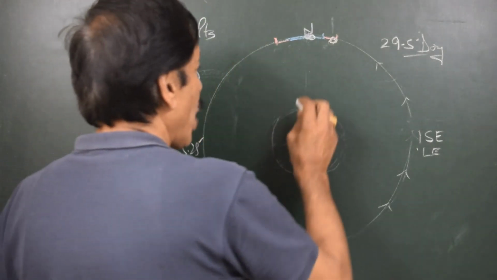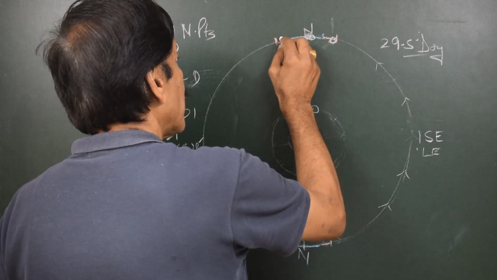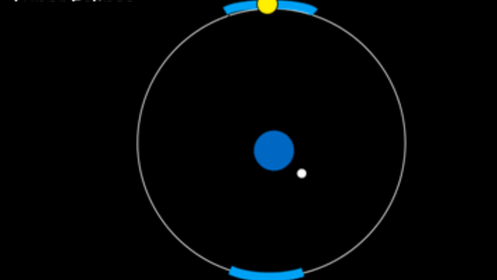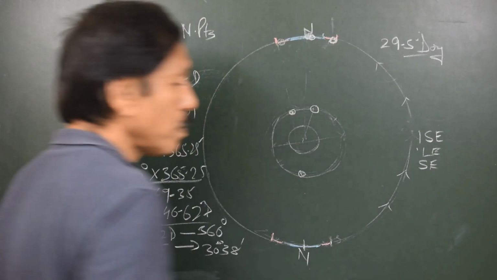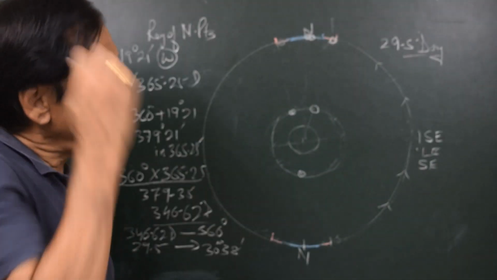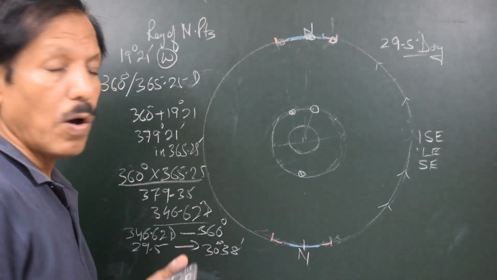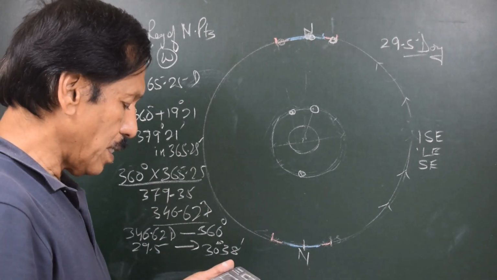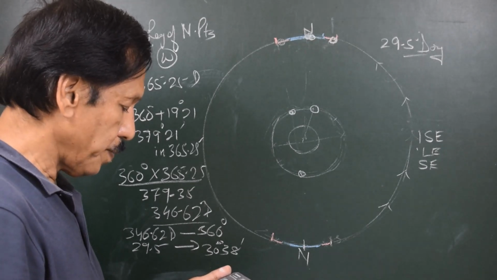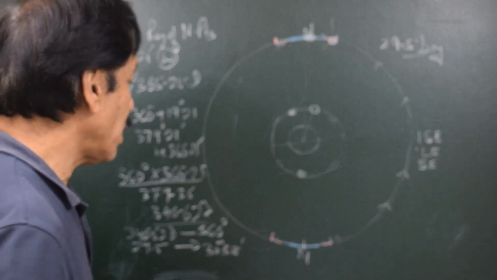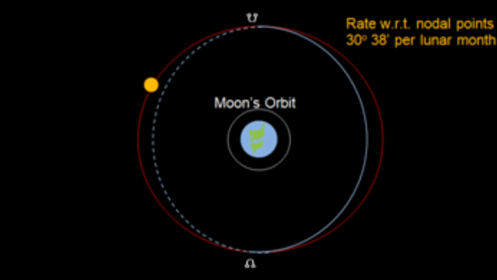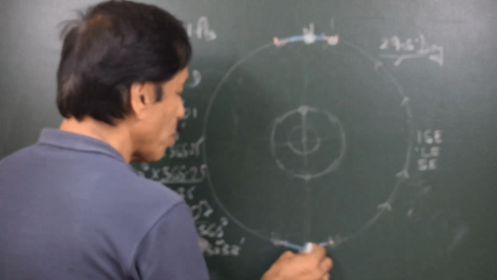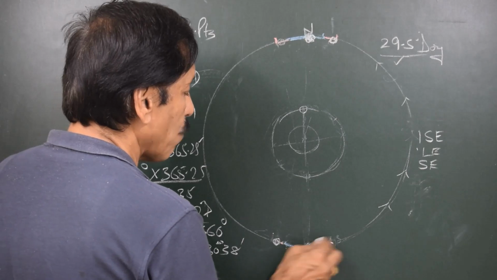Then once again it so happens that the sun travels and is still inside the solar limit, and we have once again the moon coming between the earth and the sun. We have another solar eclipse. Now we know that in one lunar month the separation of the sun from the nodal point is 30 degrees 38 minutes. So 30 degrees 38 minutes multiplied by 6 lunar months gives me 183.8 degrees, just a little over 180 degrees. So after 6 lunar months, the sun would come from here to here, which means that 15 days before probably the sun was here and 15 days after the sun would be here,